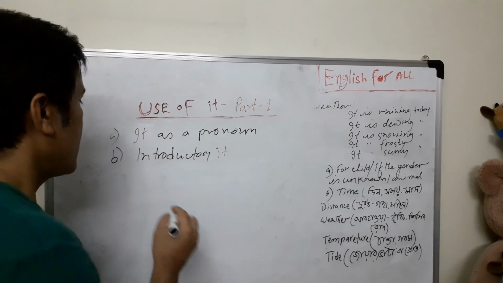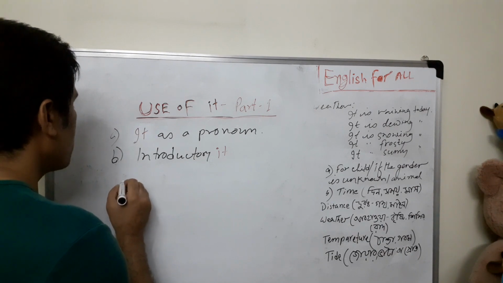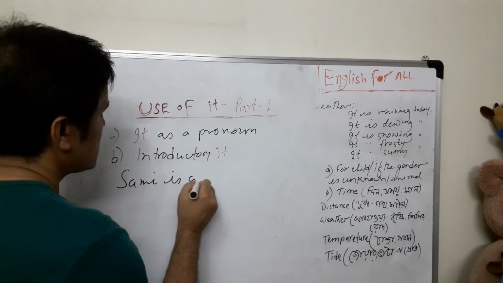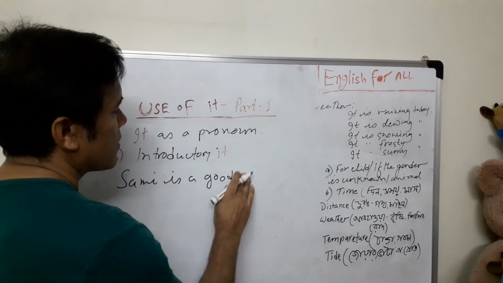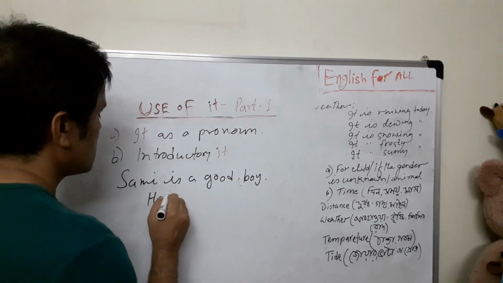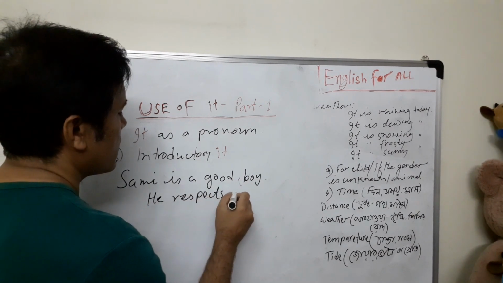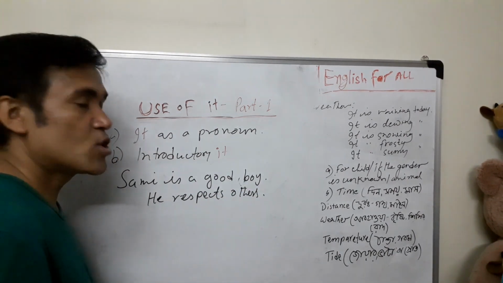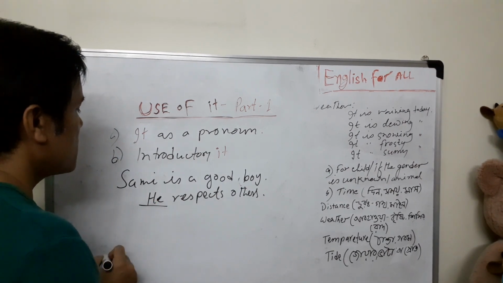I'm giving you an example. Like, to understand this, I'm giving you another example. Like Sami is a good boy. He respects others. He respects others. সে অন্যদের শ্রদ্ধা করে। সামির পরিবর্তে হি প্রোনাউন হিসেবে ব্যবহৃত হয়েছে।